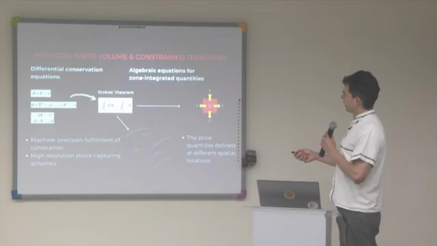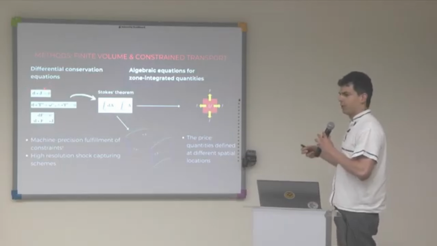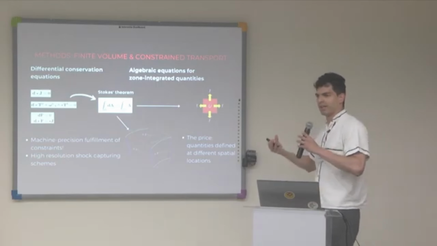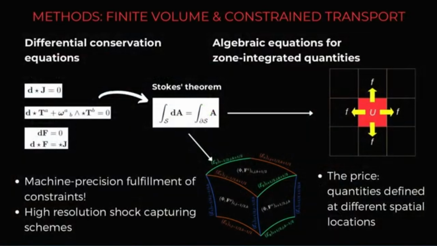So how the scheme works, as I mentioned, is this: we discretize. Instead of discretizing, for example, as finite differences, we discretize by integration. So we use the Stokes theorem, and the previously spatial derivatives now become evaluations of the fluxes in the boundaries of the control volume. So this is very nice because let's consider that we are evolving the content of a conserved quantity